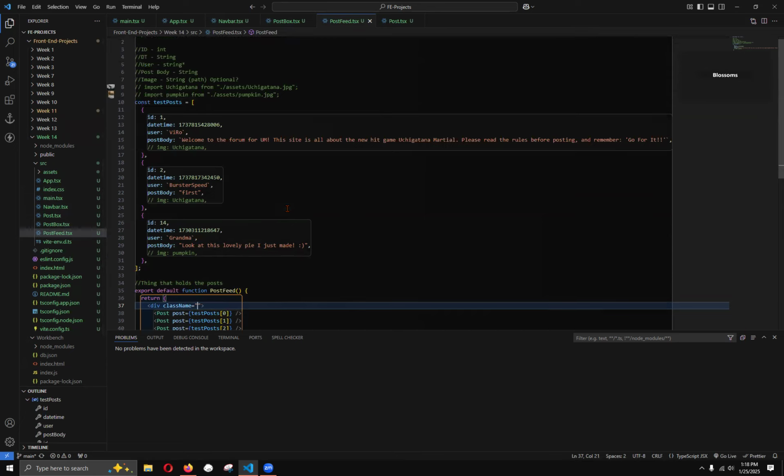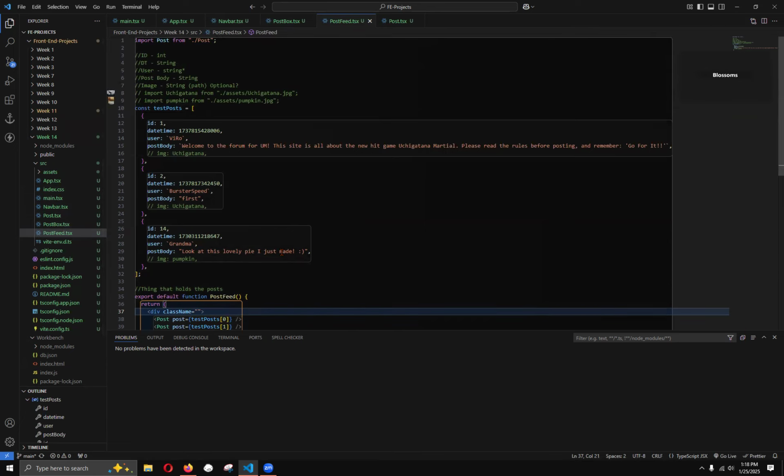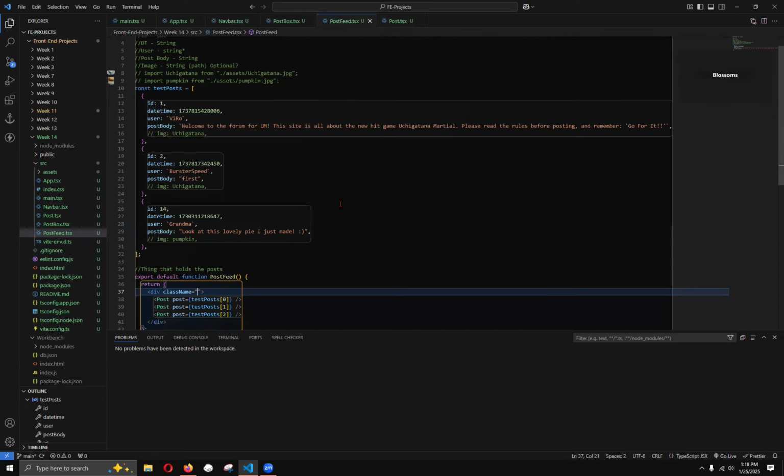Got the feed. This is currently my test data. You'll notice that the images are commented out. I do not know why, but there is something horribly wrong with our PC. It's just because it's a decade old. We'll get a little bit more into the other one, but for right now, every post prop